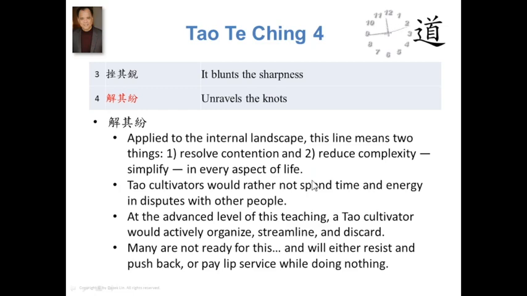And obviously, when you are able to simplify away a contentious event, a dispute with someone else, that brings about more harmony in your day-to-day living. In the same way, when you have less clutter to deal with, it introduces more harmony, more simplicity in your life. And what I pointed out last time was that even though